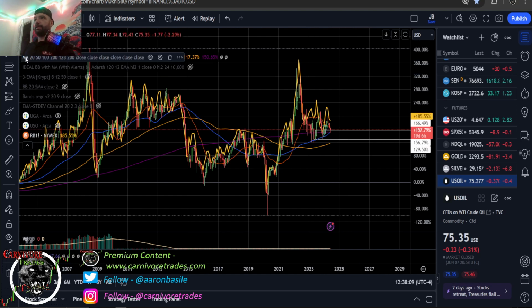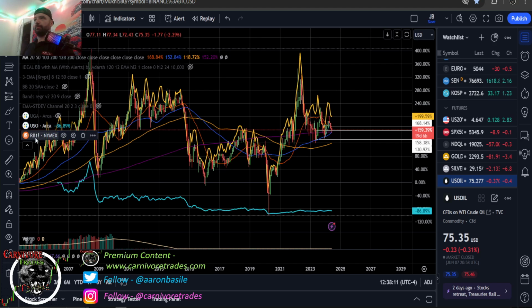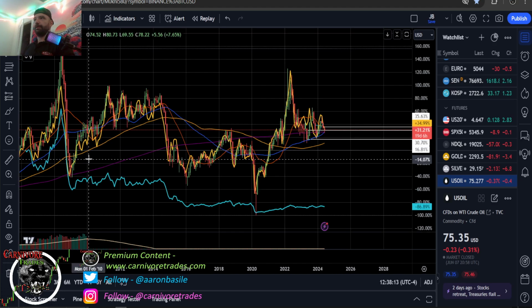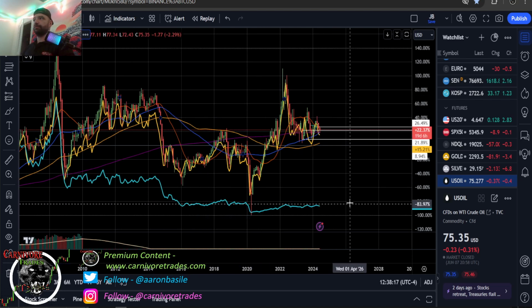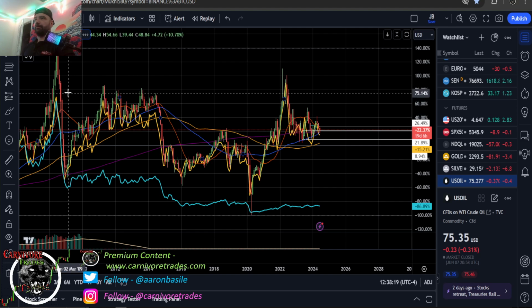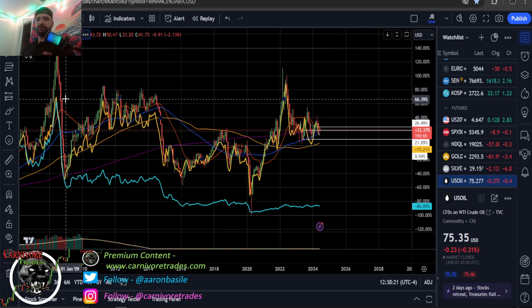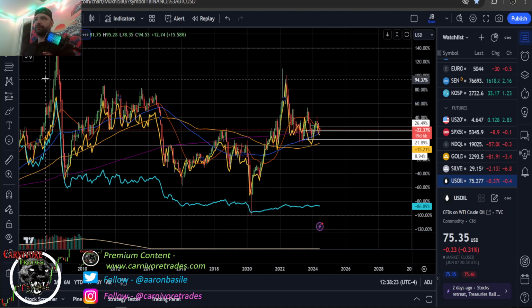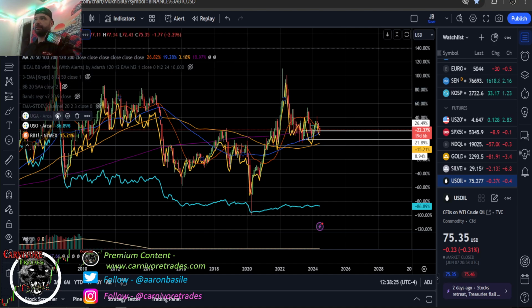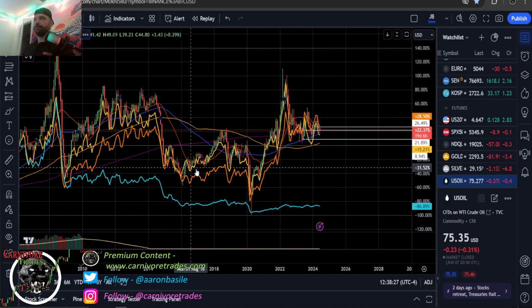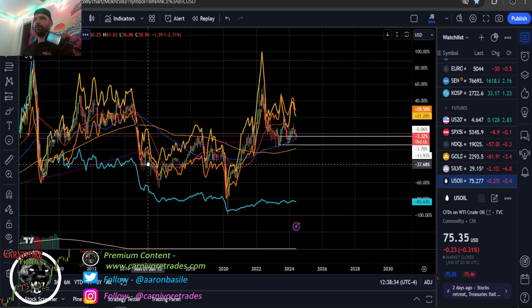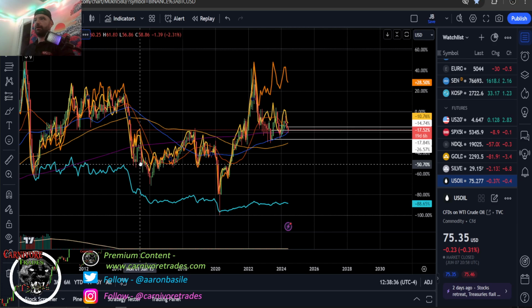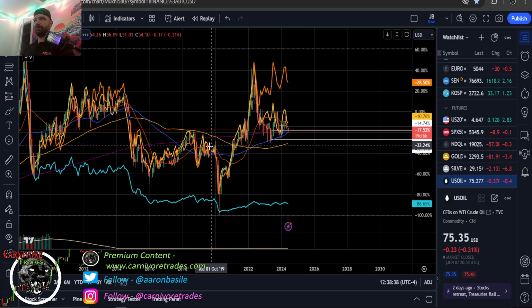Now, UGA is very much like USO. I'm going to put USO on there. You can see the comparison since its inception. Very poor returns versus both. Now, you say, well, UGA is a futures-based ETF. It does have that contango spread, but the decay is really non-existent. In fact, if we throw that on, the orange line now is UGA, and if we go back to the inception, not only is it outperforming the price of oil,